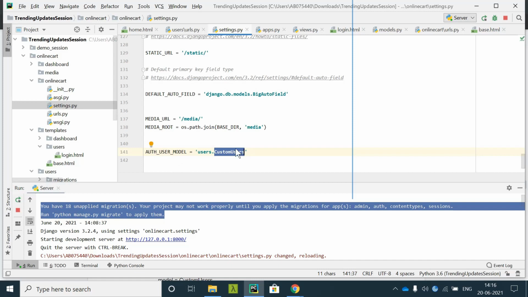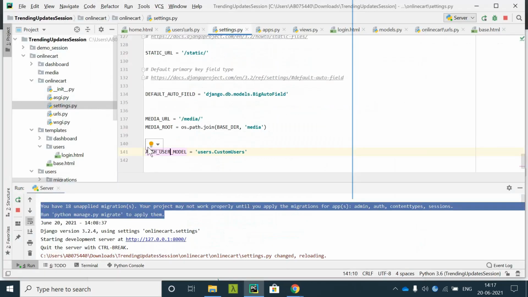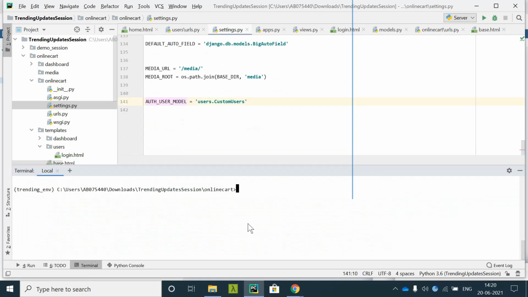If you don't mention this, by default your user model will be from the Django side. But we are letting our Django project know that our default user model is this now. Once we do these two settings, let's migrate the project.